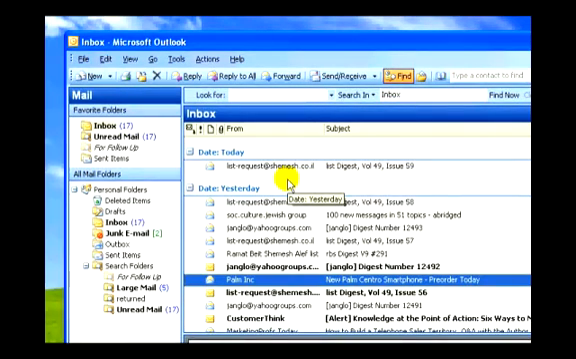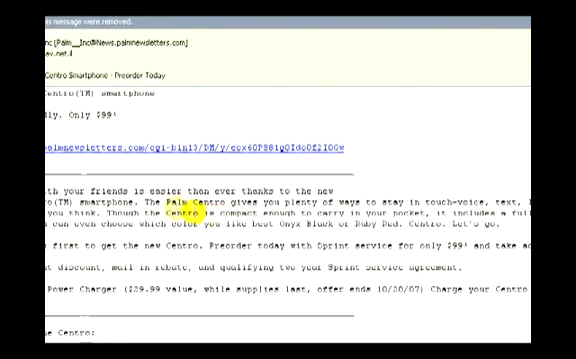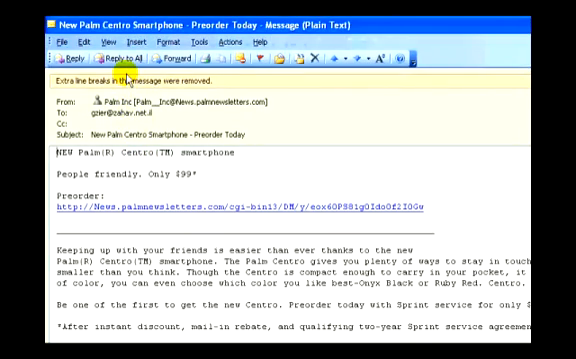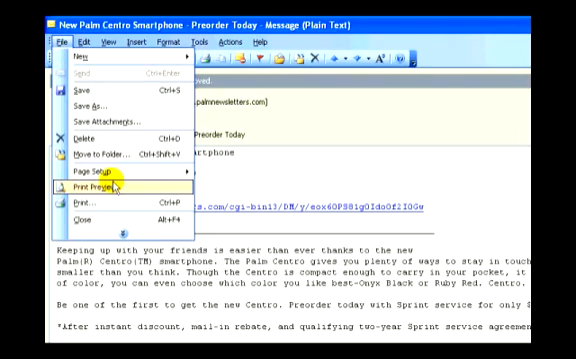Let me show you how to print selected pages within a received email. Let's go down, for example, and we'll click on this email that I received. And we open it up, and we see that if I go to the File menu and I click on Print,